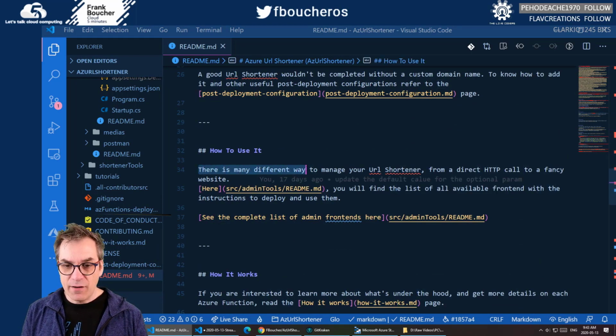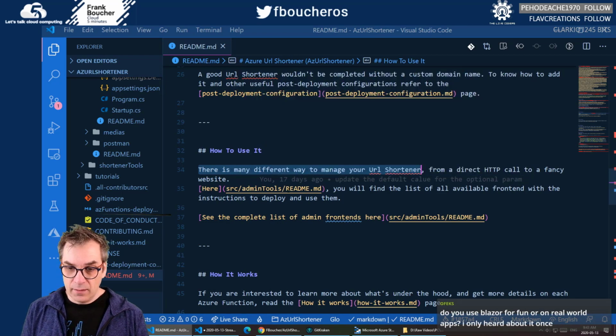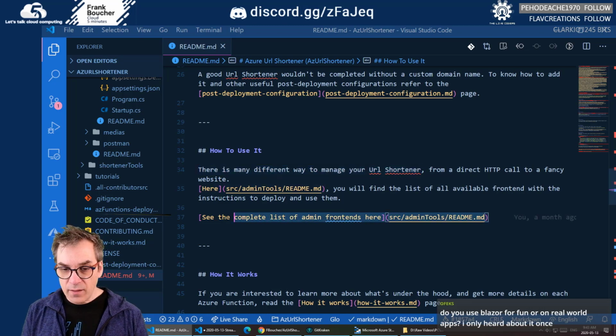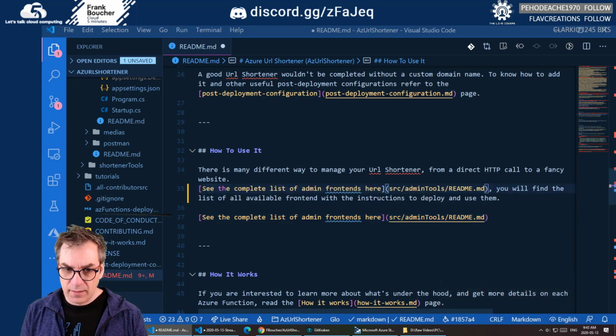So there are many different ways to manage your URL shortener, from API direct call to a fancy website. I think I should put something like that instead. See the complete list of admin frontend here.